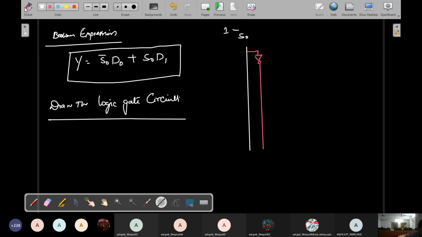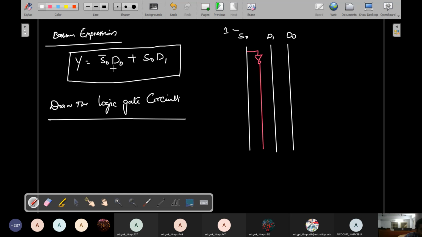So here the D0 terminal, this is the D1 terminal and this is called the D0 terminal. So every time you will take D1, D2, D3, D4, D5 up to D0 like this order. Okay, S0, S1, S2, S3 like the order.